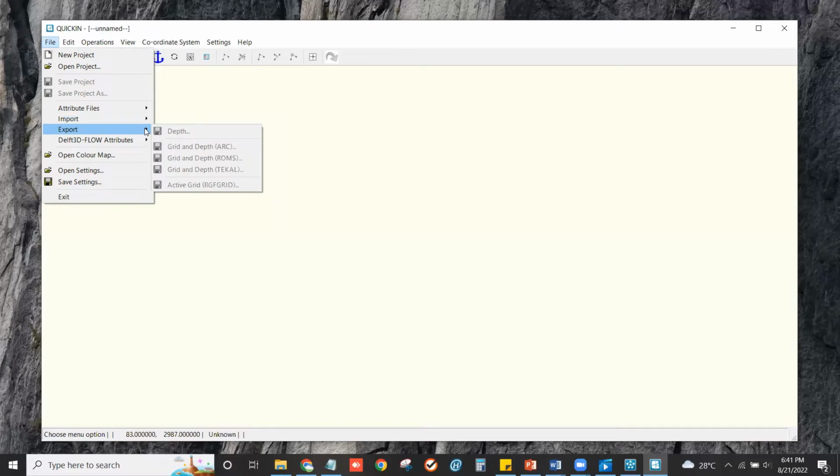And the export menu is to save ready-made data. If we have metadata, we save it with export.